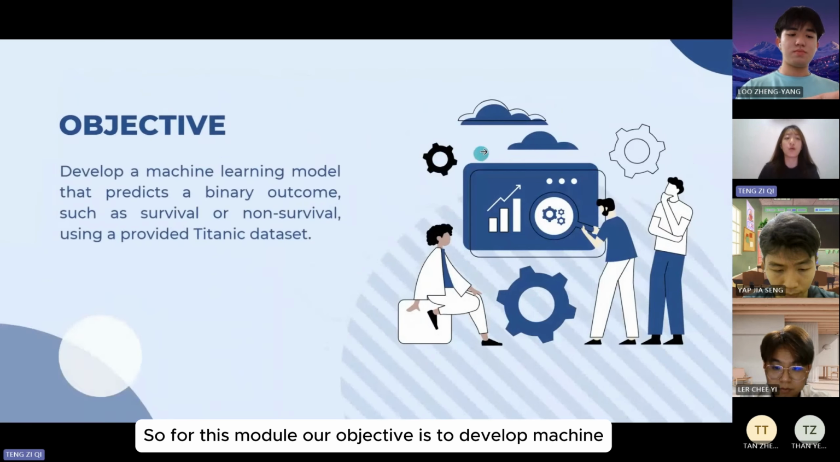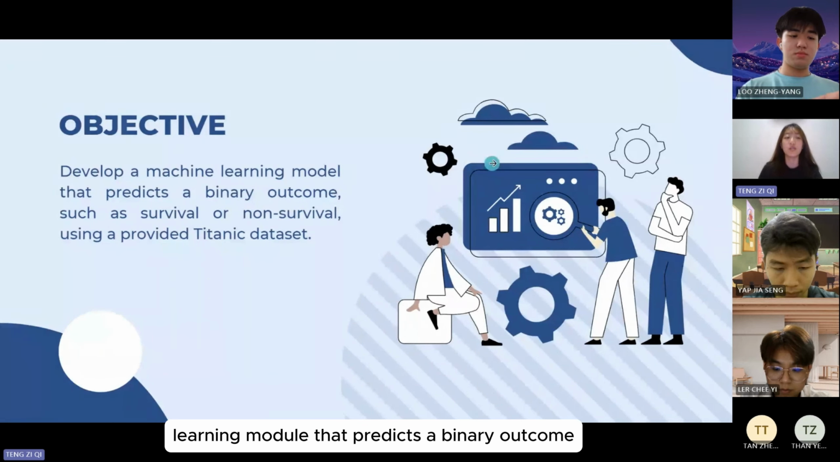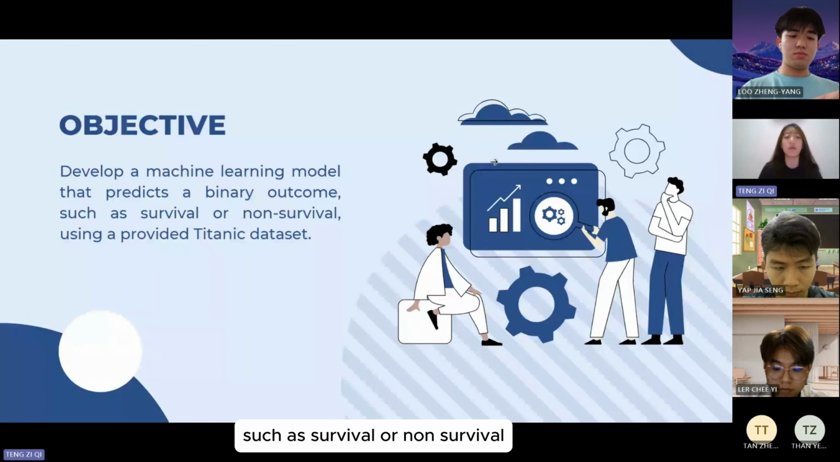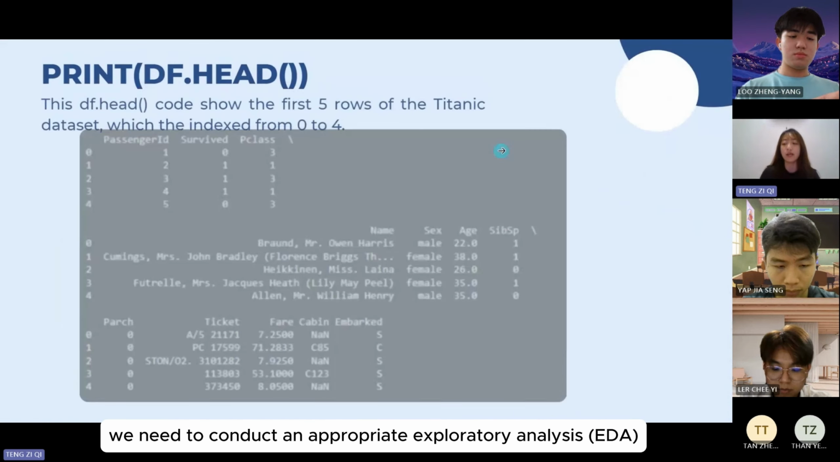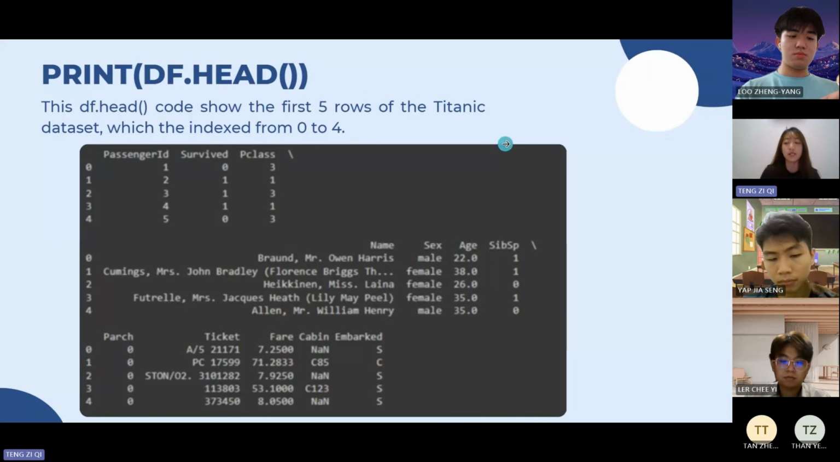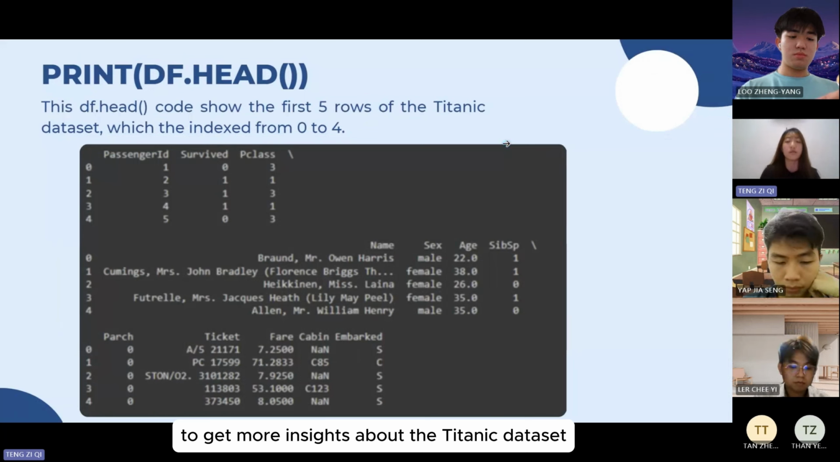So for this module, our objective is to develop a machine learning model that predicts a binary outcome, such as survival or non-survival, by using a provided dynamic dataset. So for question 1, we need to conduct an appropriate exploratory data analysis (EDA) to get more insights about the